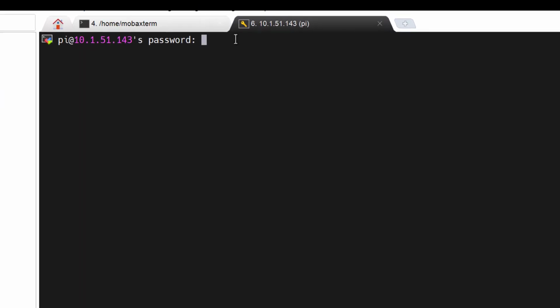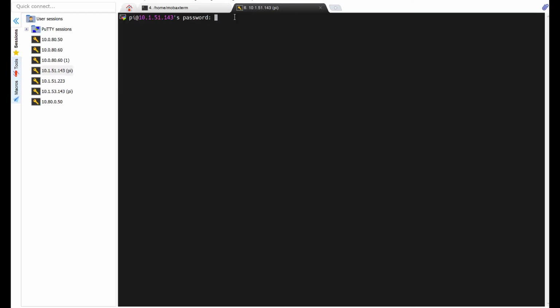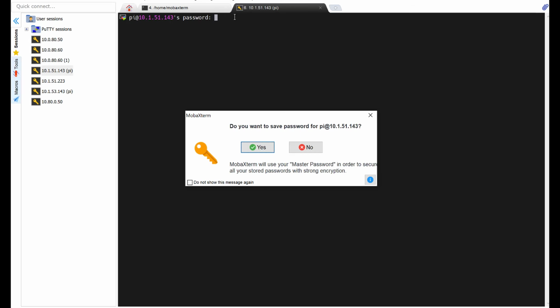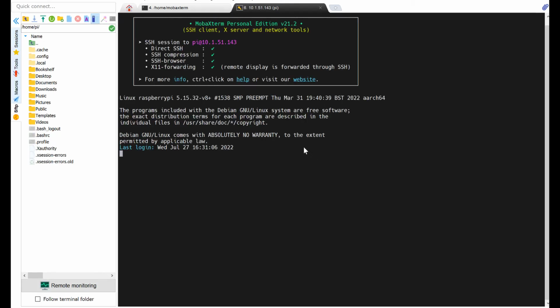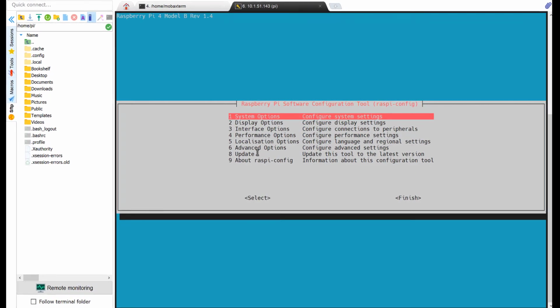So let's access the Pi with that IP and give the password. I do not want to save that now. So now we have access to the Raspberry Pi. So we need to give this command sudo raspi-config. It will open a GUI,